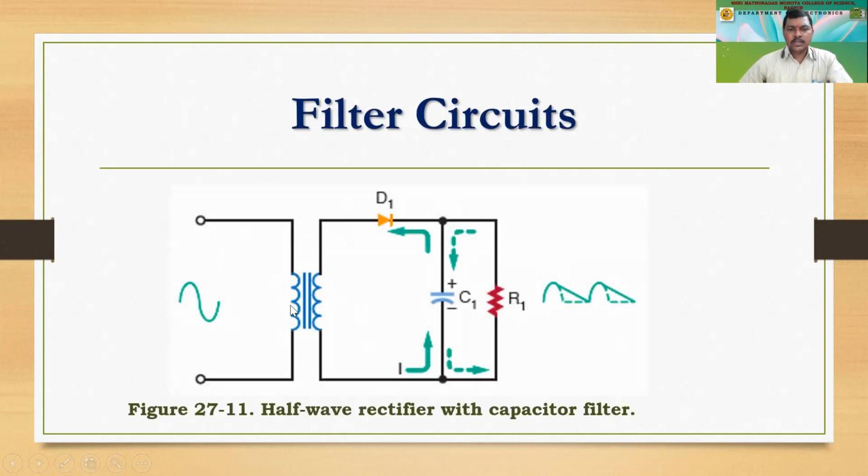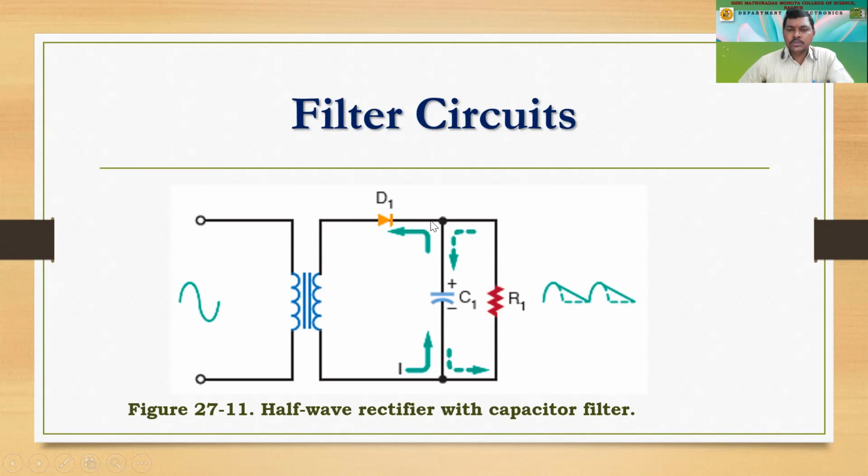This is the simplest filter circuit that we are having. This is the input given to the transformer, and in the output of the transformer, it is still an AC, but it is a lower voltage AC. So here we are applying lower voltage AC at this point, in which we are calling it the half wave rectifier. Only half of the wave is being rectified.